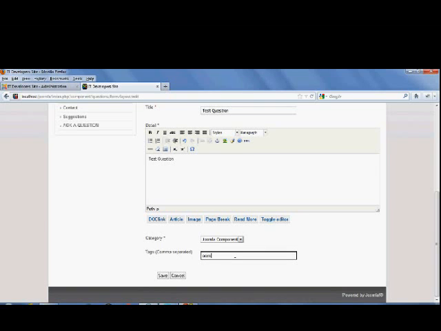Suppose I give Joomla test component, and Joomla questions. Okay, so these are the tags. If I save this question,